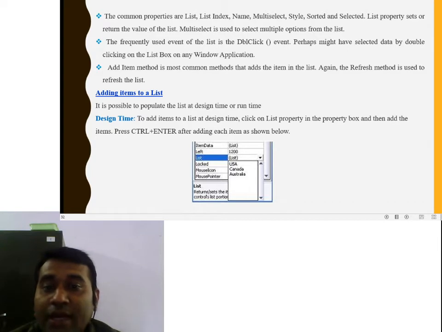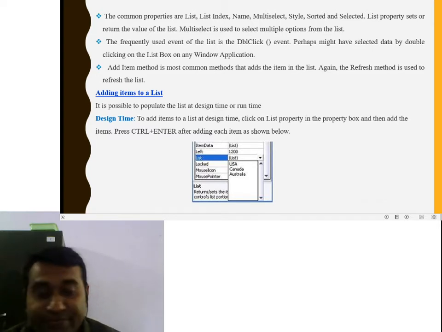You enter items such as USA, Canada, Australia, and on the right side the scroll bar is displayed for scrolling the items in the list box.